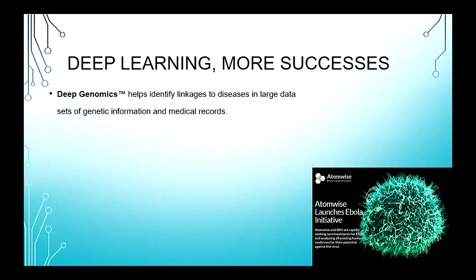Another company called Deep Genomics linked all the large data sets that are available for DNA and tried to link all the medical records of people suffering from different diseases of genetic background. So they come up with this cool bank of data that you can go to, enter your DNA, and it will tell you if you're susceptible to all these different diseases.